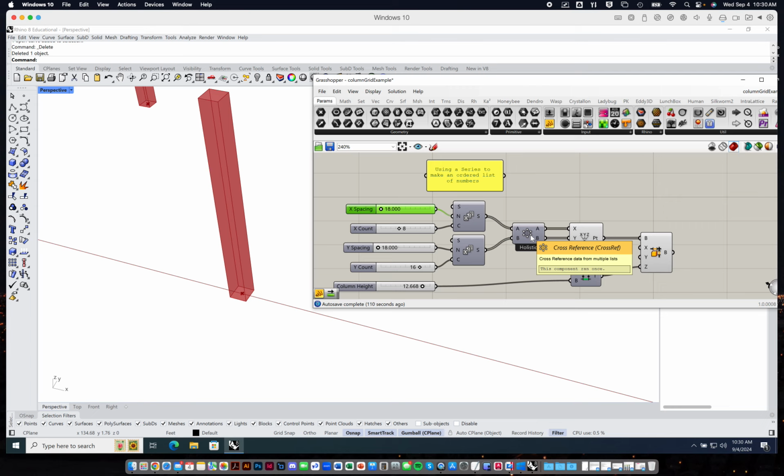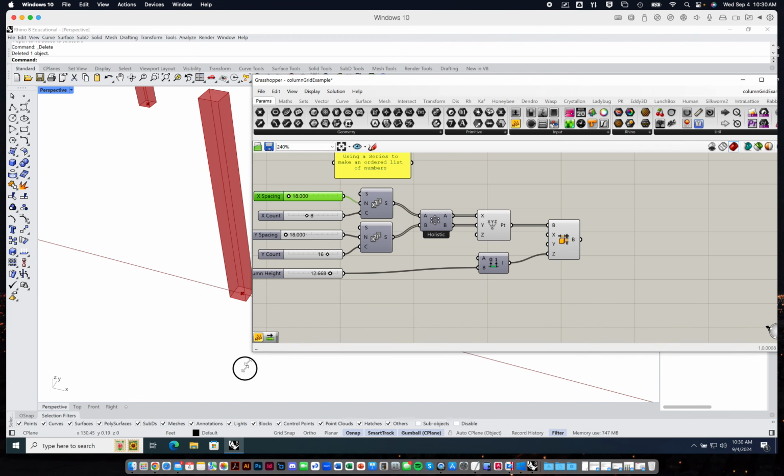If you just look at a grid, think about its x, y coordinates. Right? The x's go 0, 0, 0, 0, 0, 1, 1, 1, 1, 1, 2, 2, 2, 2, 2, as many rows as you have. And the columns, y goes 0, 1, 2, 3, 4, 0, 1, 2, 3, 4. Right? Cross-reference does that for us. Thank God, because it makes my brain hurt thinking about it. And so,